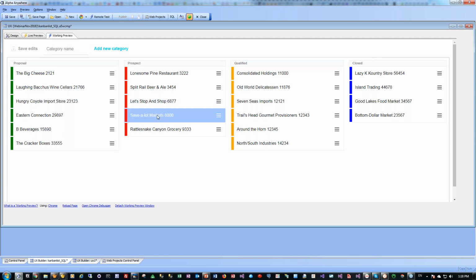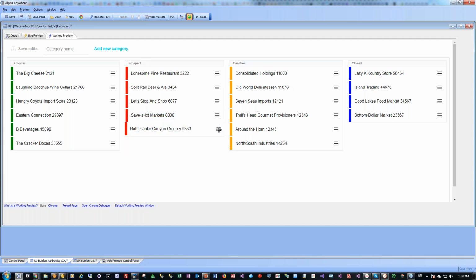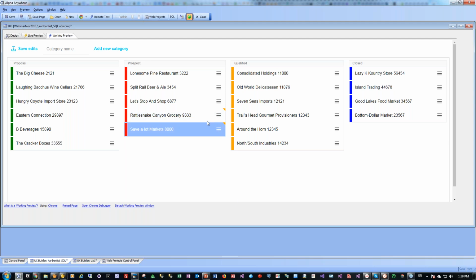So you can see here's all my data. And one of the things you'll notice is that each item in the Kanban list has a color code, which is defined through some JavaScript, which we'll take a look at. Now if I go here, for example, and move this item over there, we can see that this row and this row are dirty. The reason that both rows are dirty is that I've updated the order of this item and of this item. So now if I go ahead and say Save Edit,